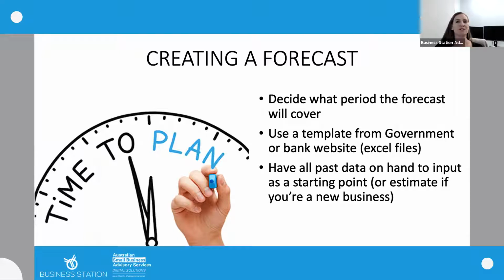Then you will have to decide what adjustments you'll make. And adjustments might be made on past trends. So sales might be increasing, and you know that there's a trend that is steadily increasing over time. They could be decreasing because of COVID issues or whatever that might be, or they could be staying the same.